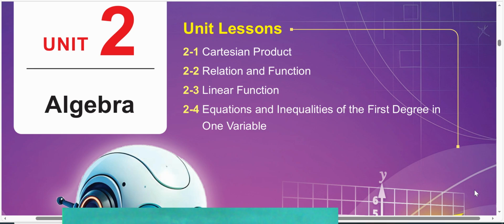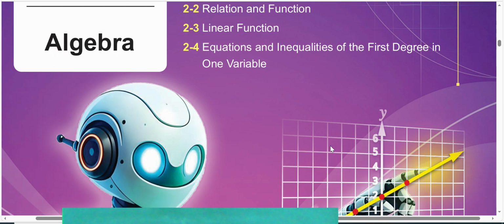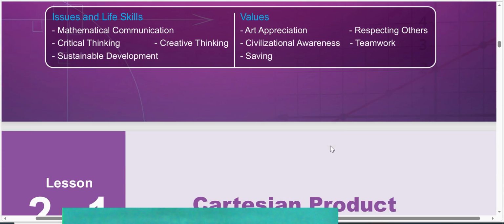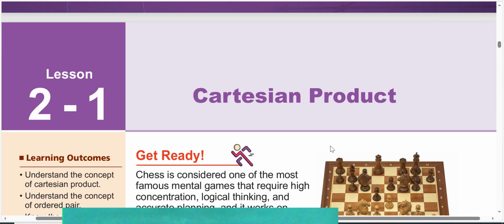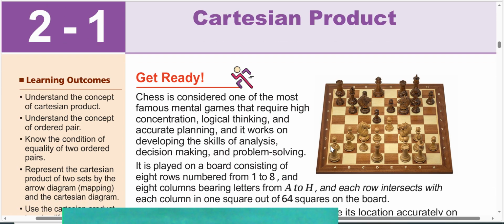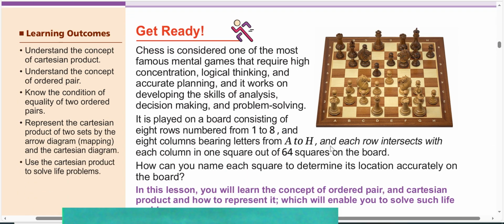Group 2, today we solve from the author's book, lesson number 1, unit 2: explain the Cartesian product between two sets. If we have X and Y, two sets, and we want to take the Cartesian product between them, the answer will give me a lot of ordered pairs between two brackets. Look with me at the first